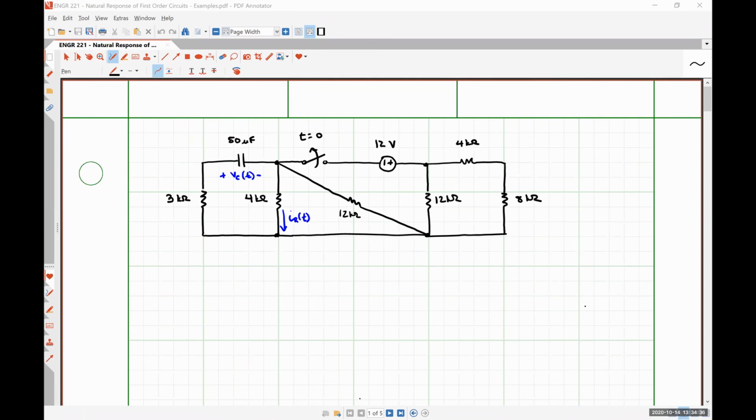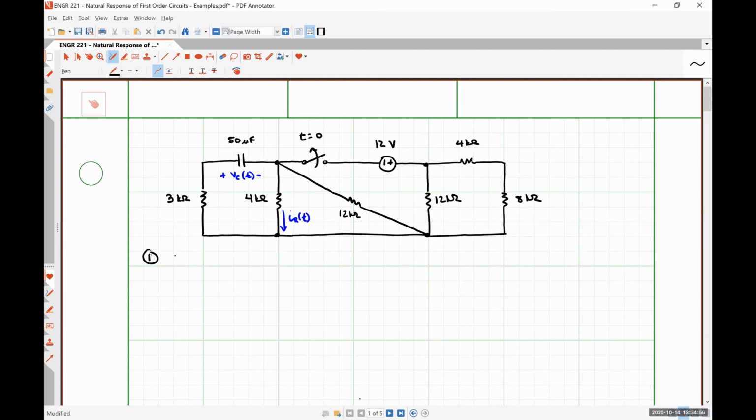Anytime really that we have a transient analysis problem, we are going to be doing just a few very simple things that will break the problem down into easily digestible bits of DC circuit analysis, which is what you've been doing in this class up to this point. So our first step